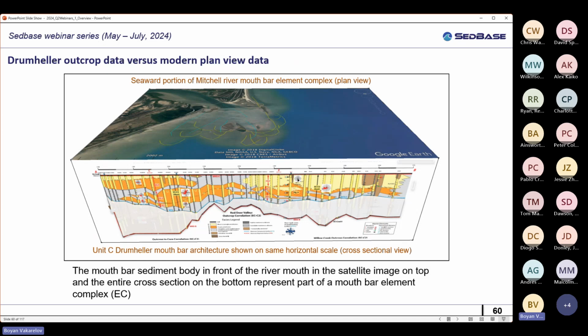Now, when we talk about mouth bars, we're talking about a data set which again was based on modern data. Now, to give you a good feeling for what was measured and why it was measured, let us use this diagram, which is comparing an ancient case study that was done as part of the WAVE consortium at the University of Adelaide,